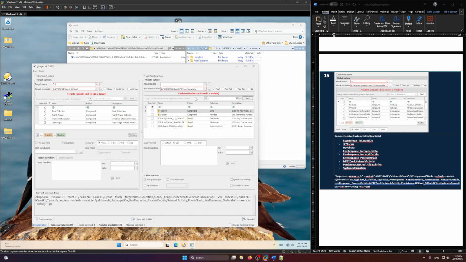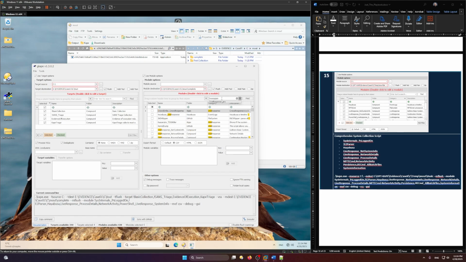The list is Sysinternals PsLoggedOn, !EZParser, which is the main suggested module, Hayabusa, which will create an event timeline, live response net system info, live response network details,